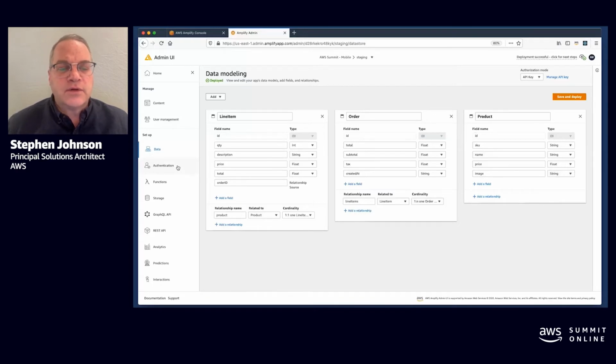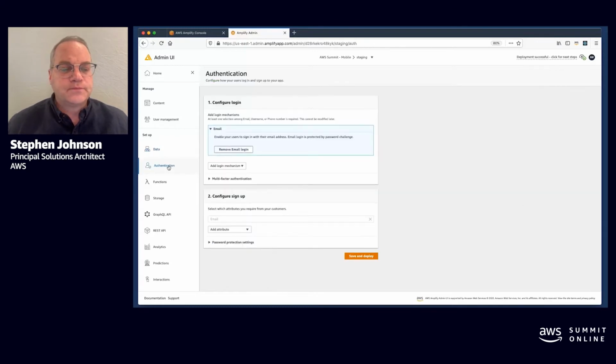So I can just head over to the left here and click on the authentication tab. And authentication is going to be implemented by Cognito user pools. And what I have here is a little window into the configuration of that user pool. So it starts off with email as your login identifier. I'll leave it there.